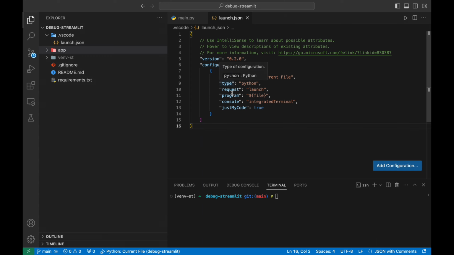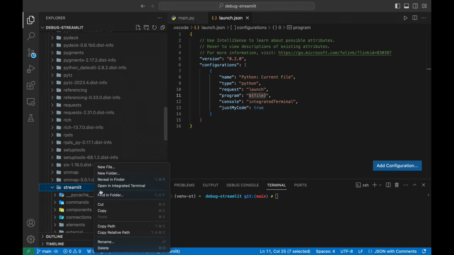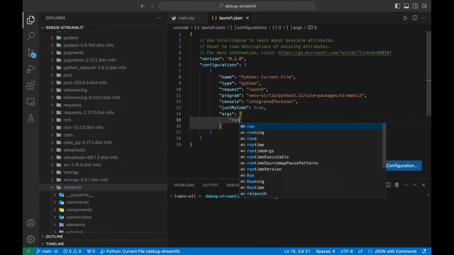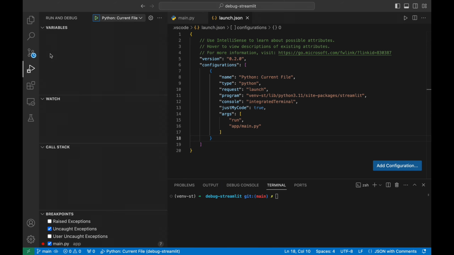One of the parameters that we're going to change is the program. So here we're going to pass the path to the binary of our Streamlit app. I'm going to copy the relative path to it, as well as add two more arguments. One is for run. Run is one of the methods within Streamlit, as well as the relative path to the Python Streamlit file. Once you have done that, you can play and run the Streamlit app